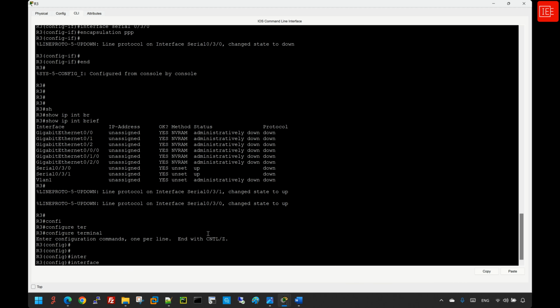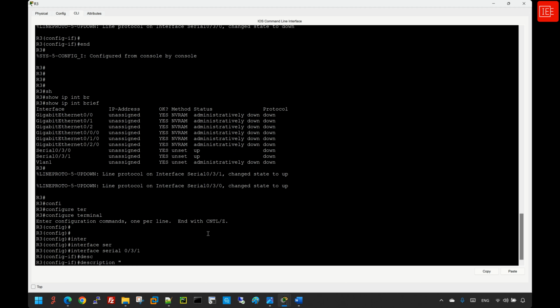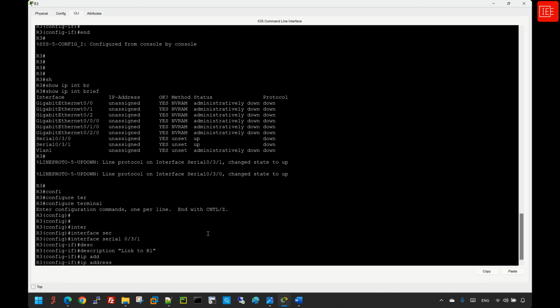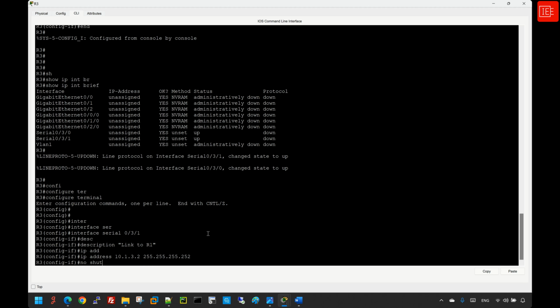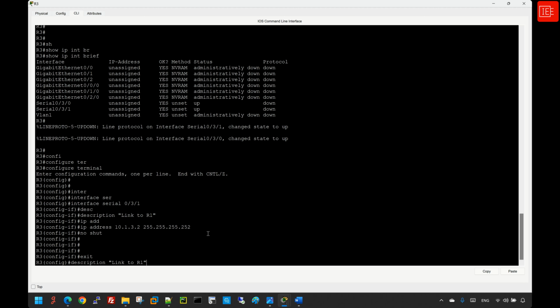And I will start tackling the interface that connects back to router 1, which is going to be serial 0/3/1. I'm going to set the description. I'm going to say link to router 1. Let's set the IP address to 10.1.3.2. Subnet mask is 255.255.255.252. Going to enable the interface,